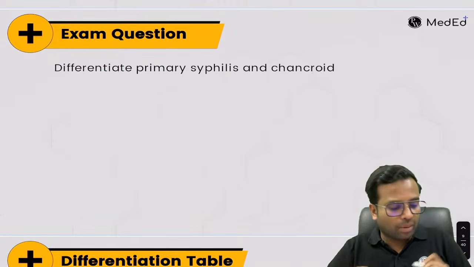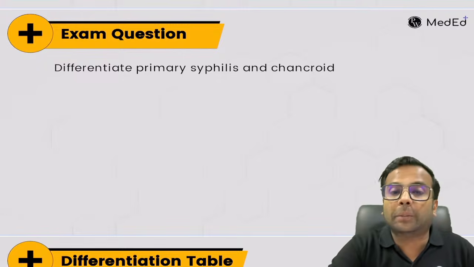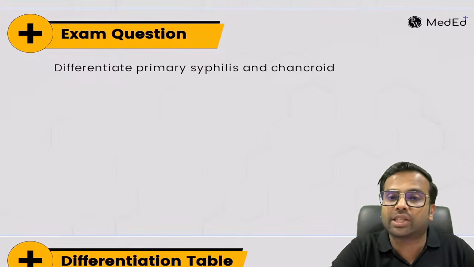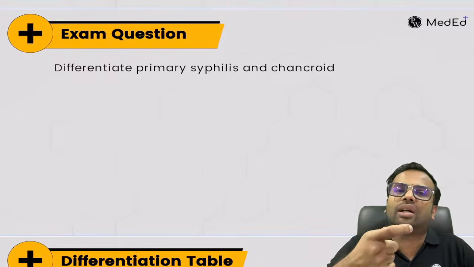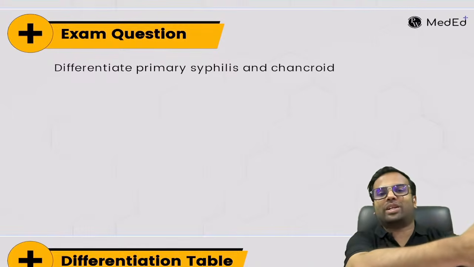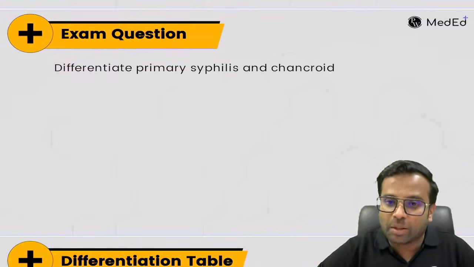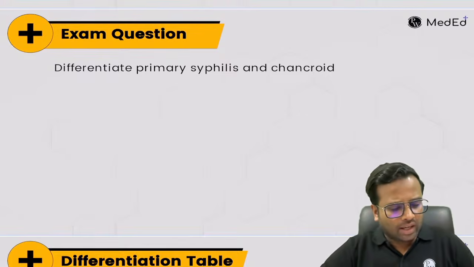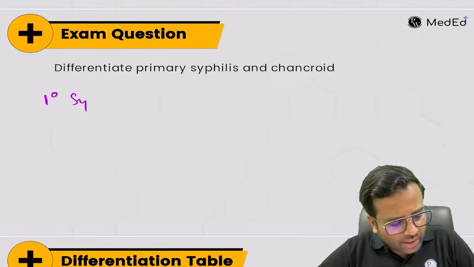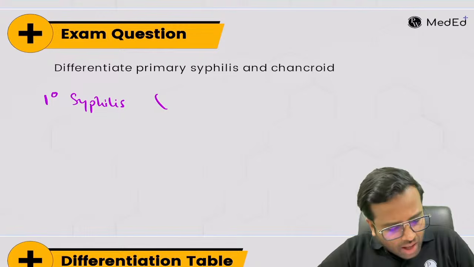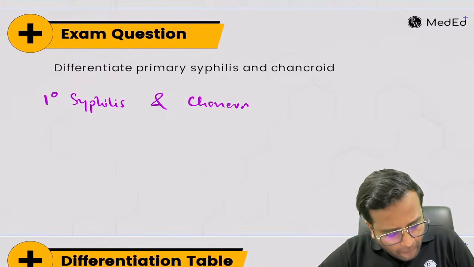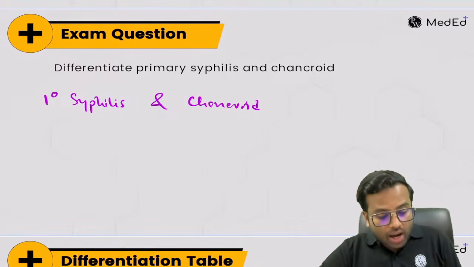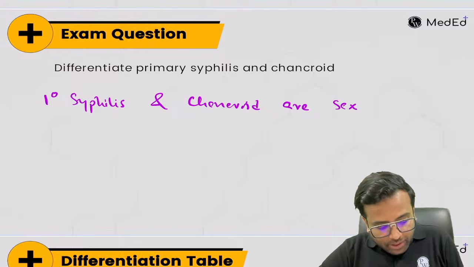So now let us come back to this question about the difference between primary syphilis and chancroid. Now, how do we give a start? Here we cannot define what syphilis is, what chancroid is, right? But if there is anything common, just describe it. Like primary syphilis and chancroid,